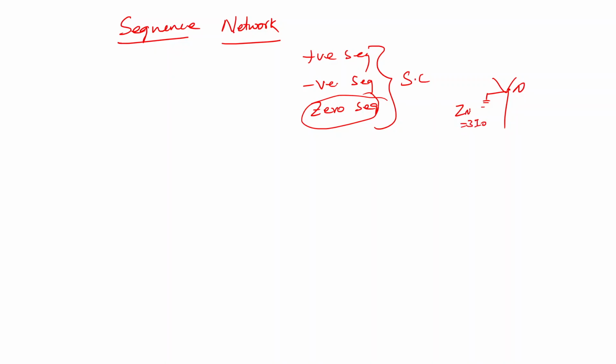We have solved this previously. Zn is nothing but 3 times my I0. For example, if it is connected through a current limiting circuit, then there will be Zn here, so that Zn is effectively 3 times for I0. Otherwise, if I connect it straight away, then it is I0, that's all. So there is a path for my zero sequence.